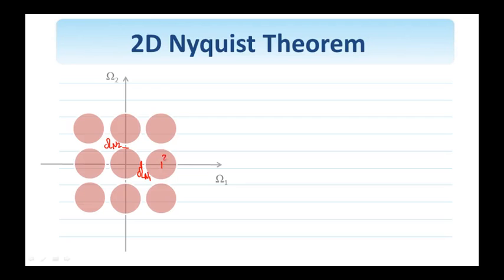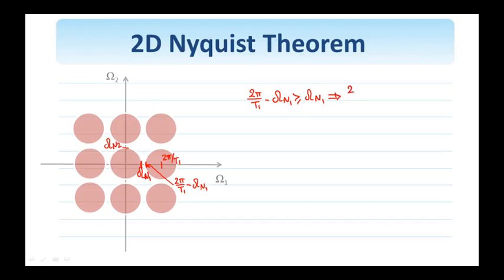So this point is 2 pi over T1, and therefore the point in here is 2 pi over T1 minus omega n1. So clearly, as long as the ordering of these 2 points is as shown here, so as long as 2 pi over T1 minus omega n1 is greater or equal than omega n1, there is no aliasing in the horizontal direction,